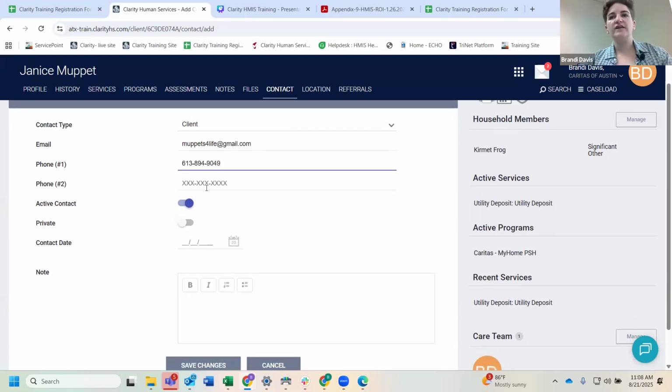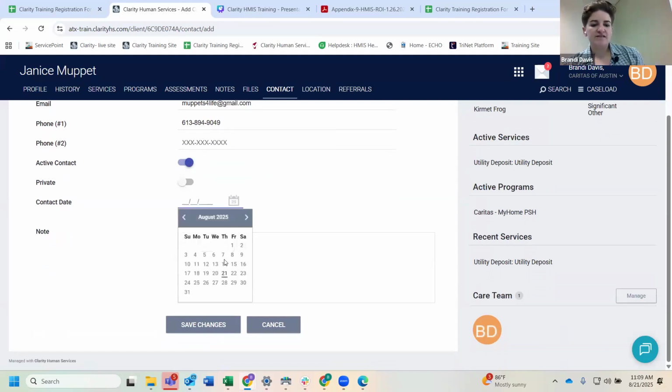And then you're going to see this toggle next to active contact. So you all can always update the phone number, email address within this contact. You can also toggle off the contact to show that it's inactive. So that would more come into play if you did have a contact for like a trusted family member or friend for the client, but then they don't have contact with that person anymore. You could toggle that contact off entirely. But otherwise, you'll typically keep it active and just edit it if the phone number changes.